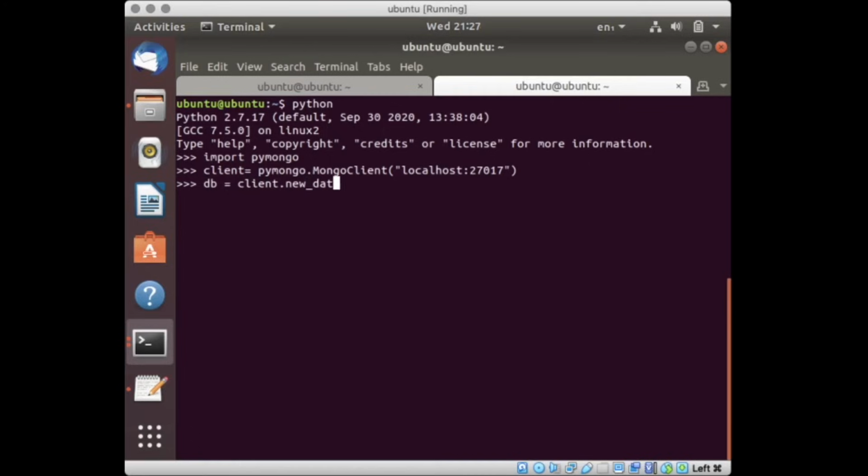As we have seen, each MongoDB contains multiple databases. So firstly, we have to tell the client what database to use. We have just created a new database, so let us use the same. And now let us select the collection. The variable collection will now query our new collection from the new database. Similar to the function that we earlier ran in the MongoDB console, collection.find basically queries our database.